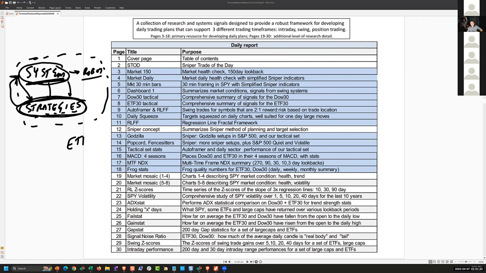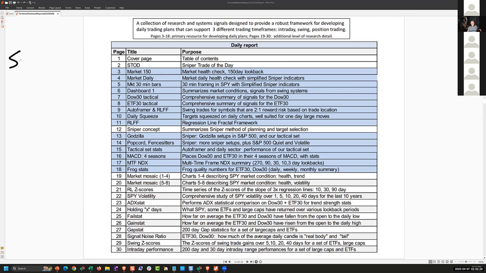Like the ETF2 database and model supports a lot of different strategies. It also can be interpreted and traded specifically as a system with mechanical precision. But because I consider myself to be a mechanical trader with discretionary tendencies, I generally spend more of my time in the strategy area, allowing my trader discretion and flexibility to come to the front. Check or hold. So if I have systems and strategies,